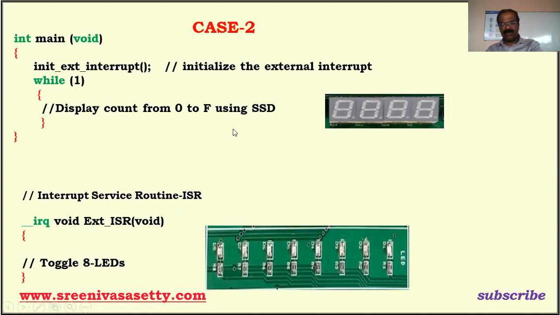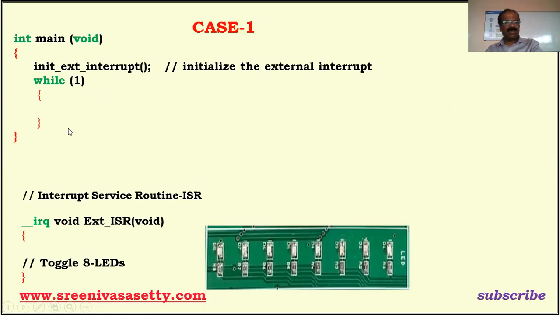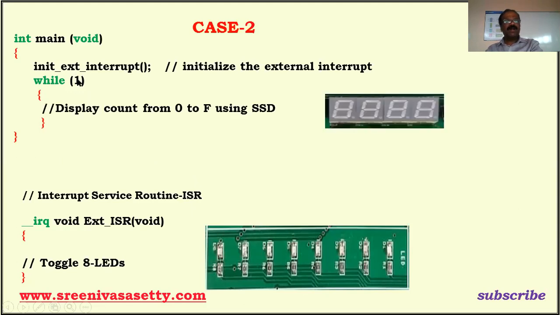This is case 2. What is case 1? I'm not writing any main program, but we have to create some infinite loop that keeps executing. Once you interrupt the system, it comes to your ISR, the interrupt service routine, executes it, and returns back. Here, to create some awareness, I have written one more program as a main program to display 0 to F on the 7-segment display, and it keeps doing this infinitely. Once you interrupt the system, it takes you to the ISR and executes that program. After completion of this, it goes back and continues the main task.